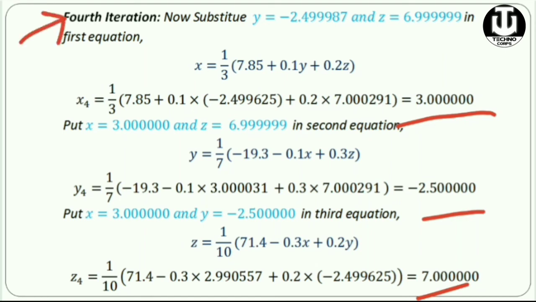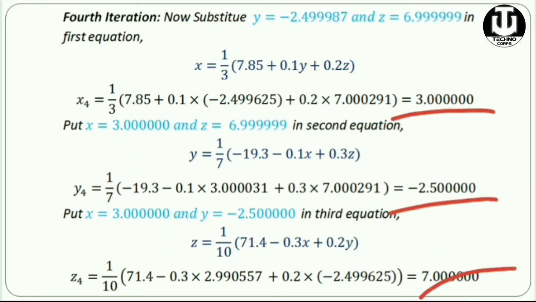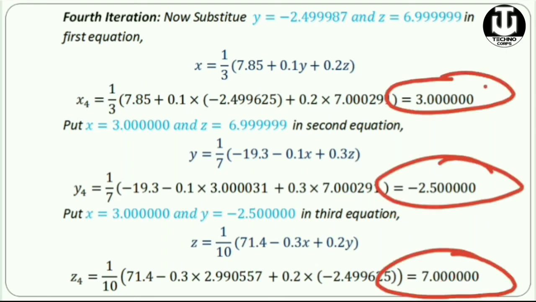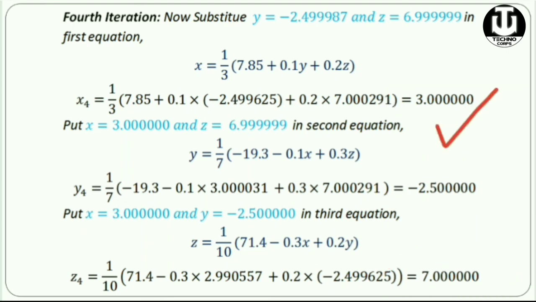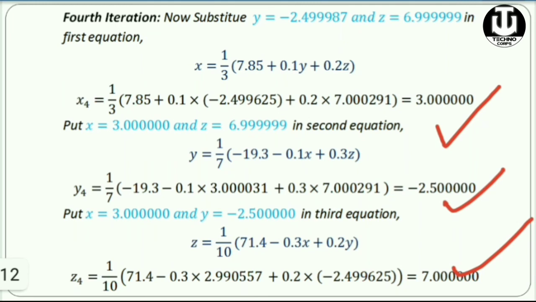And in the Jacobi iteration, if you have seen, you can go and check that we are not getting this much accuracy even at the 8th iteration. Because we got repetition in the after-decimal digits, we stopped our iteration, but that value was not the exact value. So this is the difference between the Jacobi method and the Gauss-Seidel method. The Gauss-Seidel method gives the highest accuracy in the solution in fewer iterations. That's why in application also the Gauss-Seidel method is highly used, right? So this is the solution.